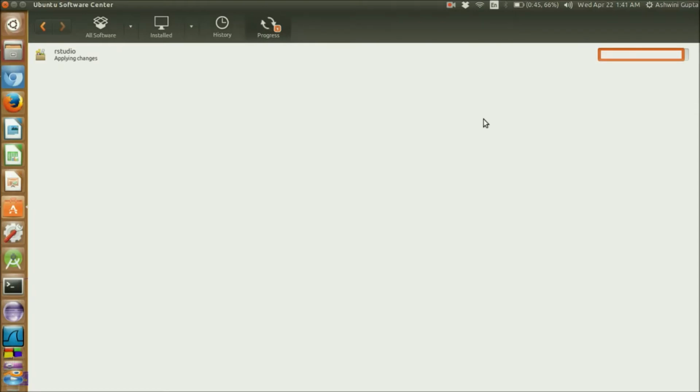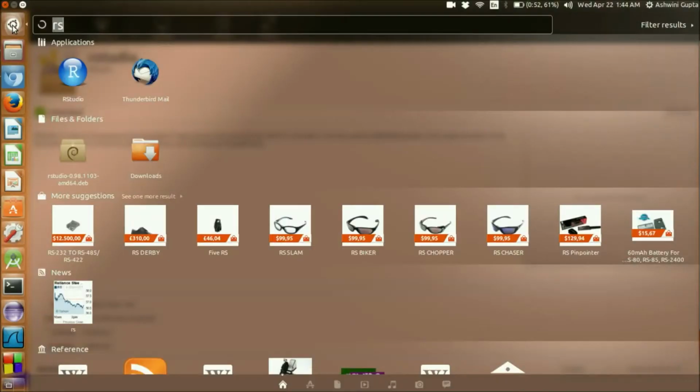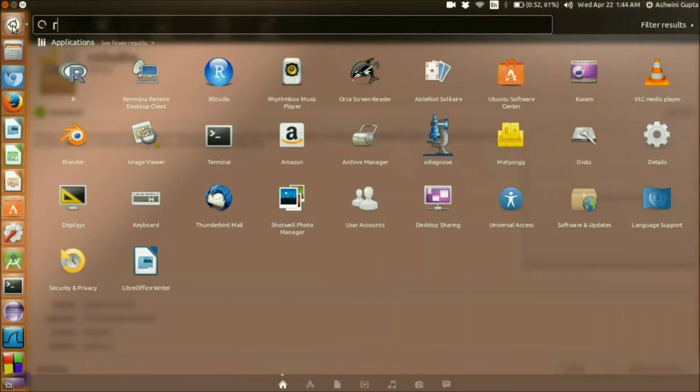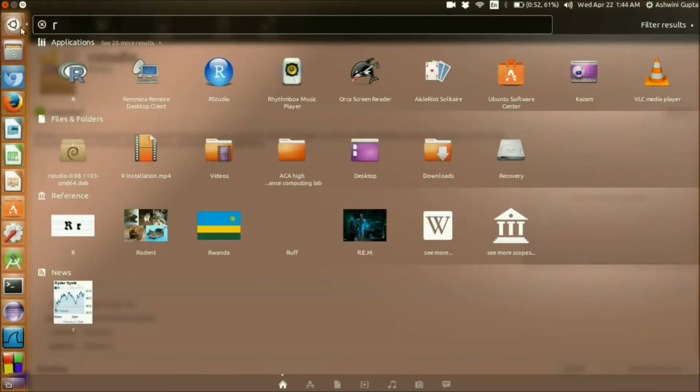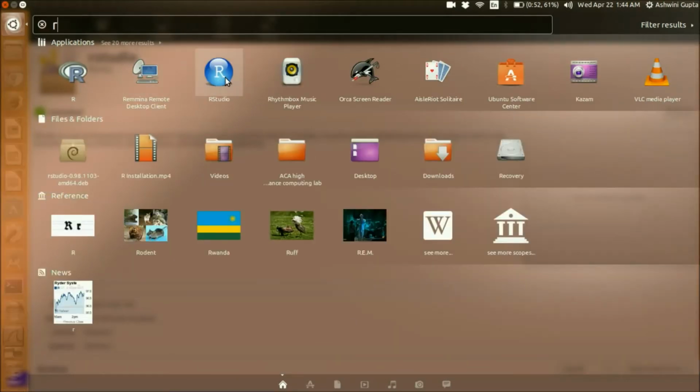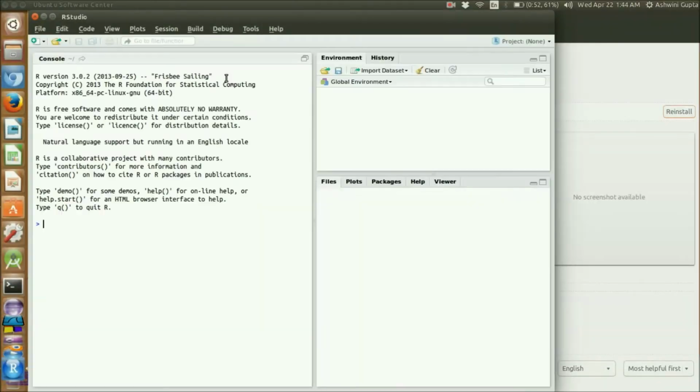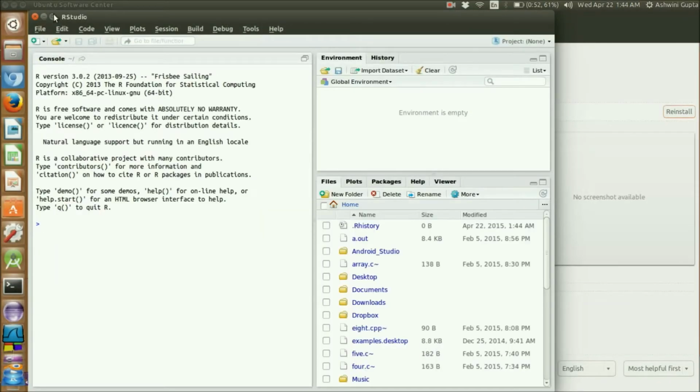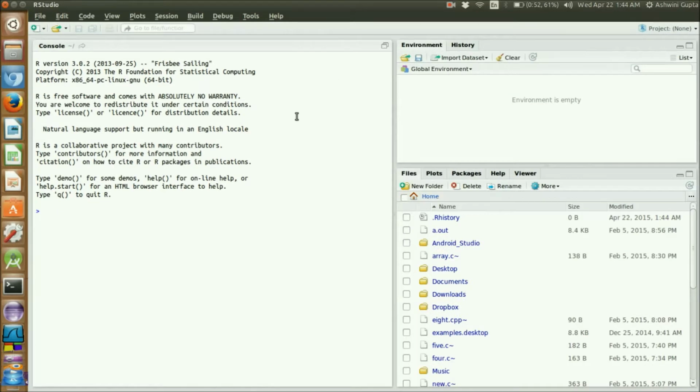And then when it is over you go to the search and search for RStudio, and then you'll see a blue ball where R is written in caps, and then you click that, and yeah, that's there, RStudio running on your system. And then you'll see RStudio pop up on your screen, and RStudio will be mainly of